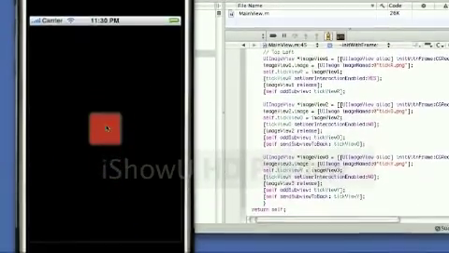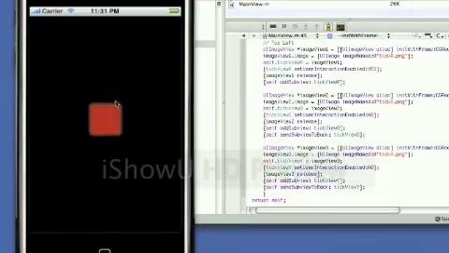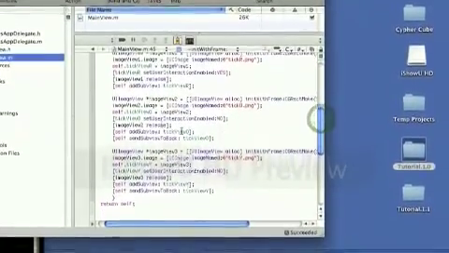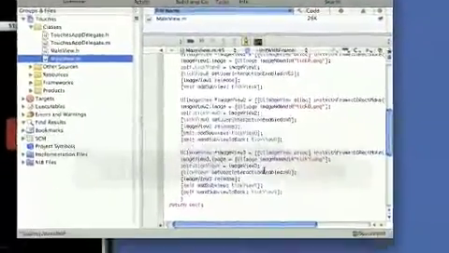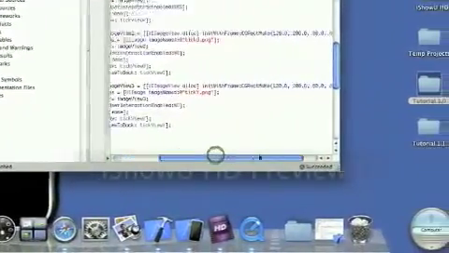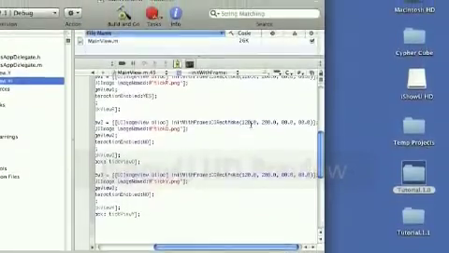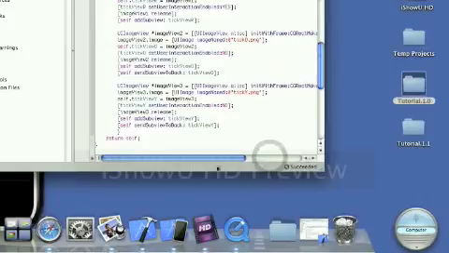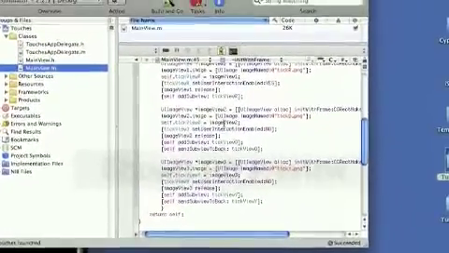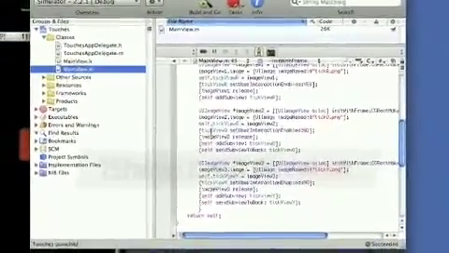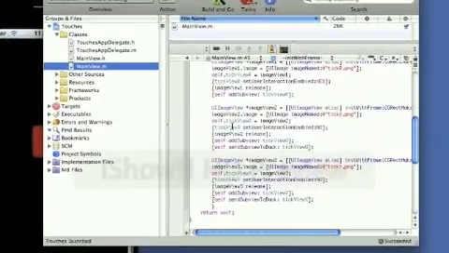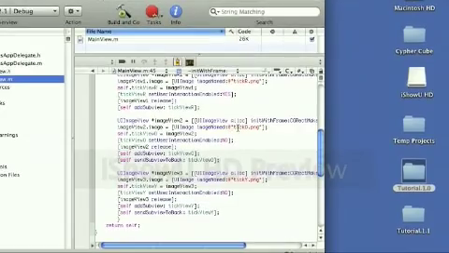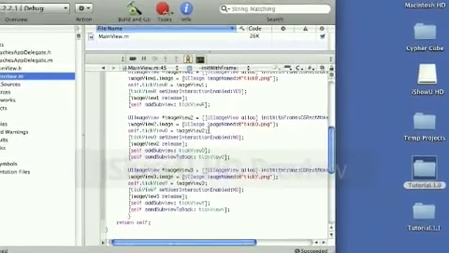Basically what we've got here is our first tick view image right in the center of the screen, and if we come back here, we're going to create another image, which is image view 2. We're going to locate that in the same place on the screen and in the same dimensions, and we're going to scroll down and everything else is going to be the same, except here we're going to make this tick view O, which is the orange, so the image name is going to be tick O dot PNG, and then